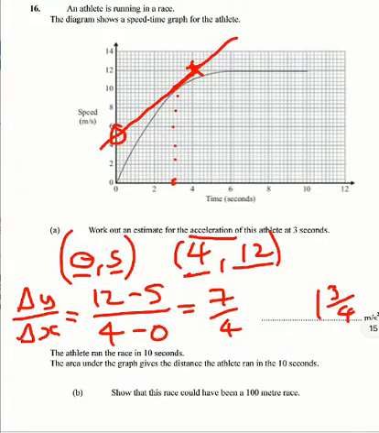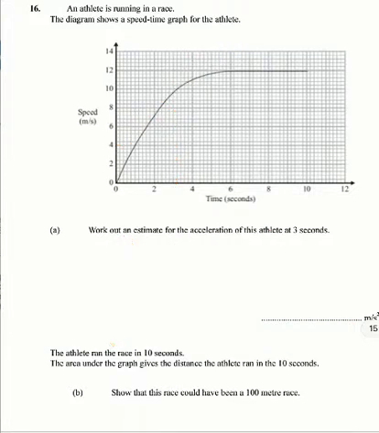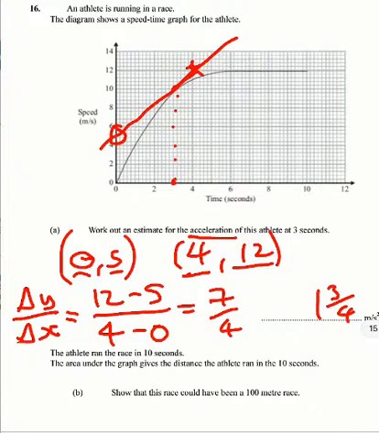meters per second squared. Now part B is asking us to look at the athlete over the whole 10 seconds, and it's saying that the athlete ran the race in 10 seconds and the area underneath the graph gives the distance the athlete ran in 10 seconds, to show that the race could have been a 100-meter race. So we need to find the area all underneath the curve, and to do this we're going to split it